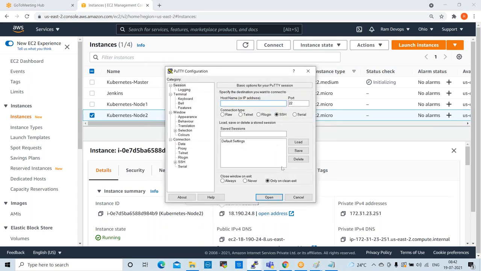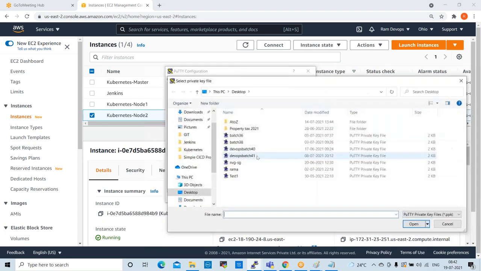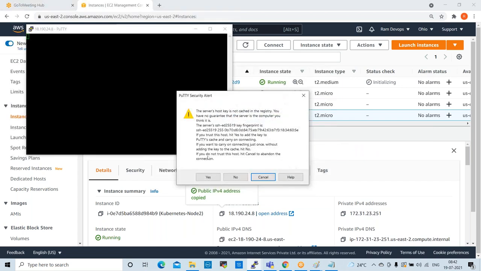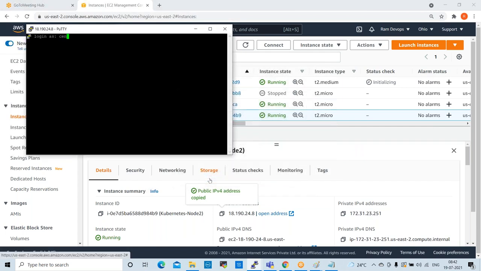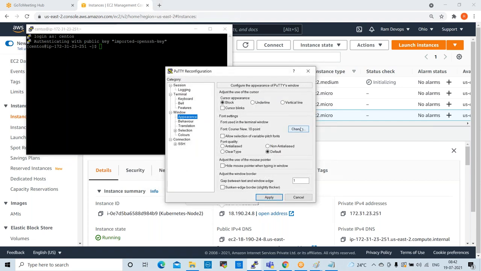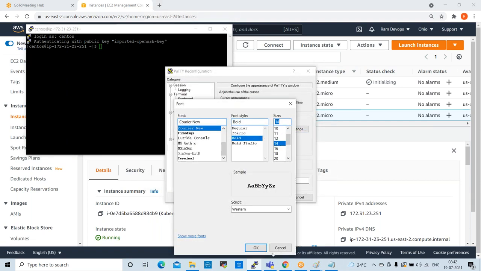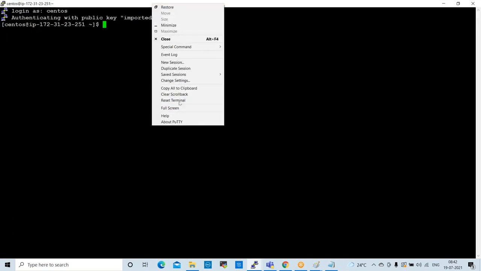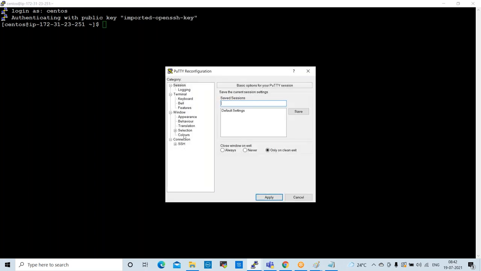So one more console I can open here. CentOS. So this one also I can change the color.